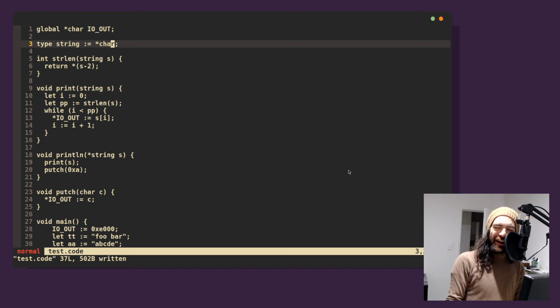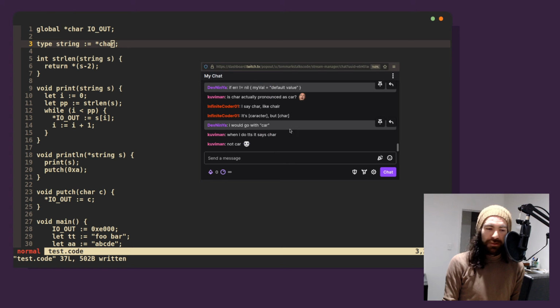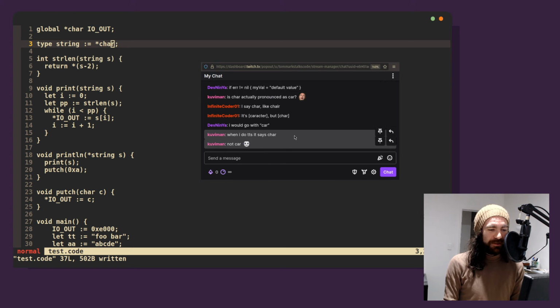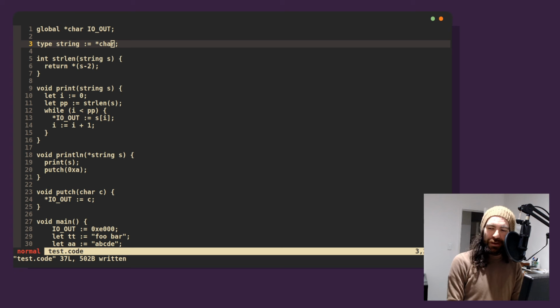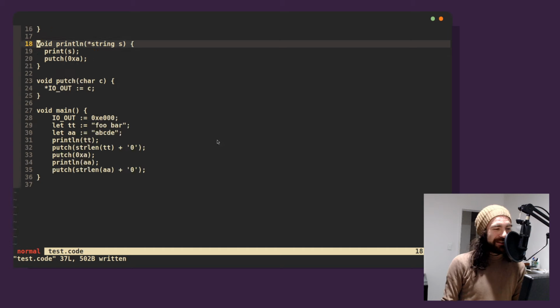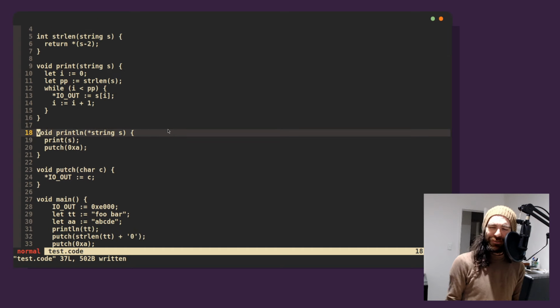Everything, Go wants you to line everything up down the left side. You get this triangle of doom. When you do text to speech, it says char, not car. That's good. You're gonna trust a computer over me. I'm a certified warm-blooded man telling you that this is what I hear in my heart. You're gonna trust a machine?